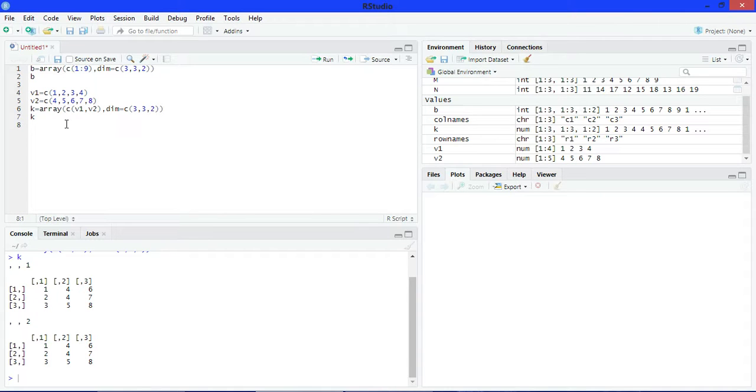Okay. We can also name the columns, rows and individual matrices. Right here, R name for row names is equal to, here we have 3 rows, so pass 3 names here: R1, R2 and R3.